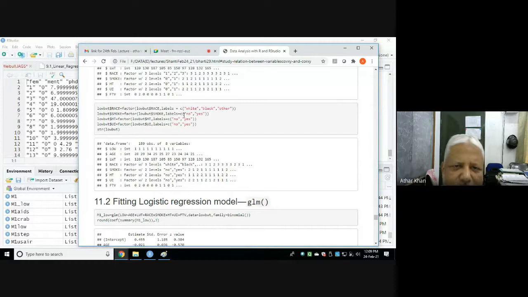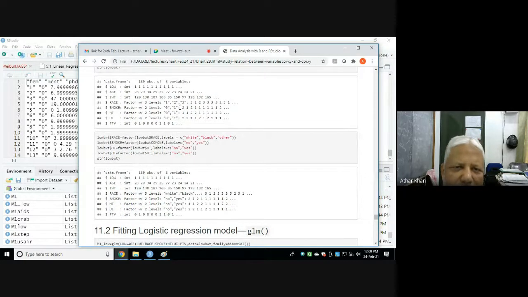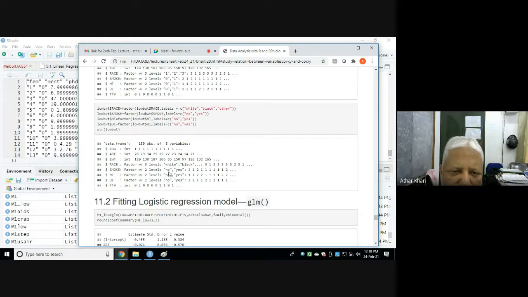Similarly, smoking status: no, yes, because smoking actually has the codes 0, 1, so that has been converted into factor levels. HT: no, yes, for hypertension. Similarly, UI: no, yes.